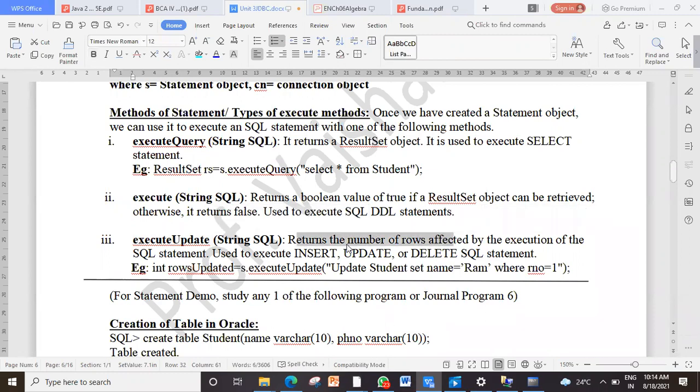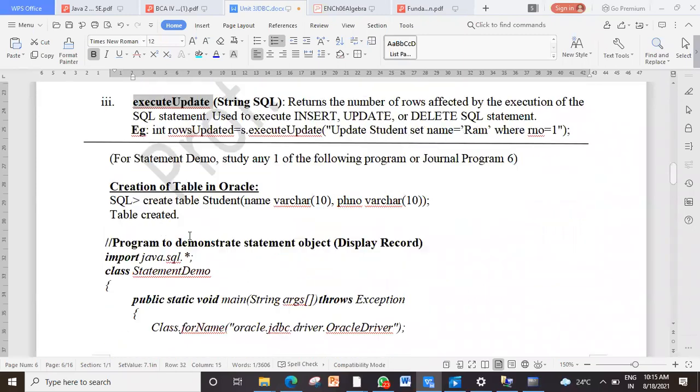It will not show you which rows were affected. It will just show you a number, like 7 rows updated. Whenever you perform a delete or update statement, SQL gives you output in the form of 7 rows deleted or 2 rows deleted. This is how execute update will return you the number of rows affected. Clear with these three? Execute query is used the most, for display purposes.